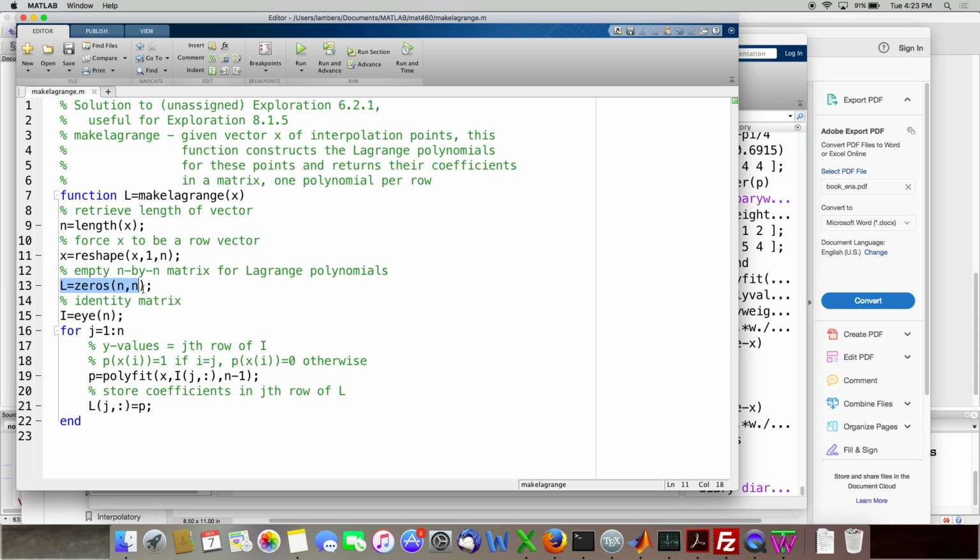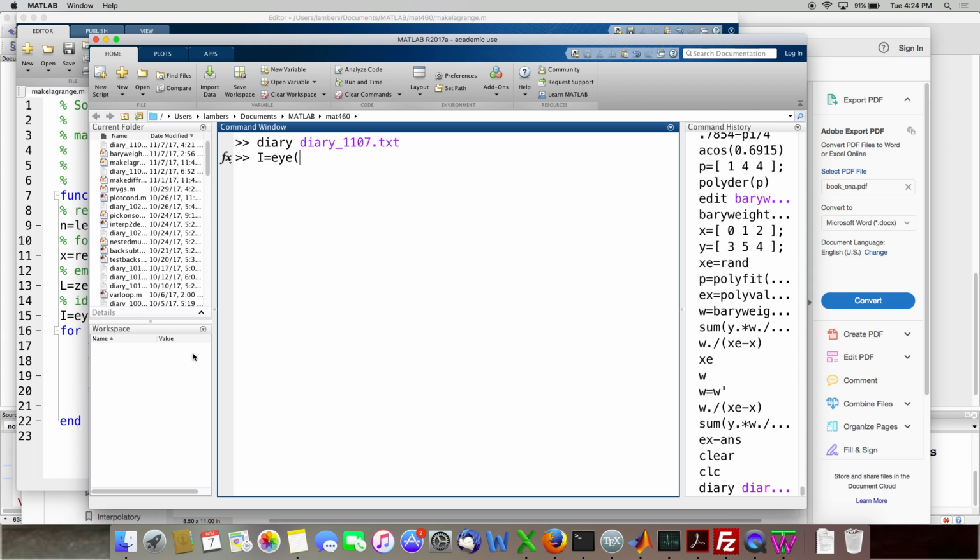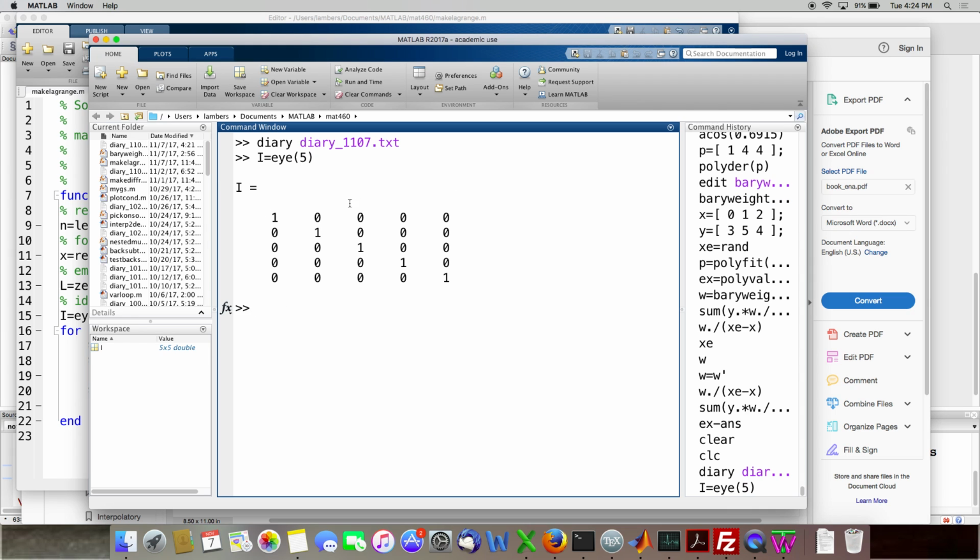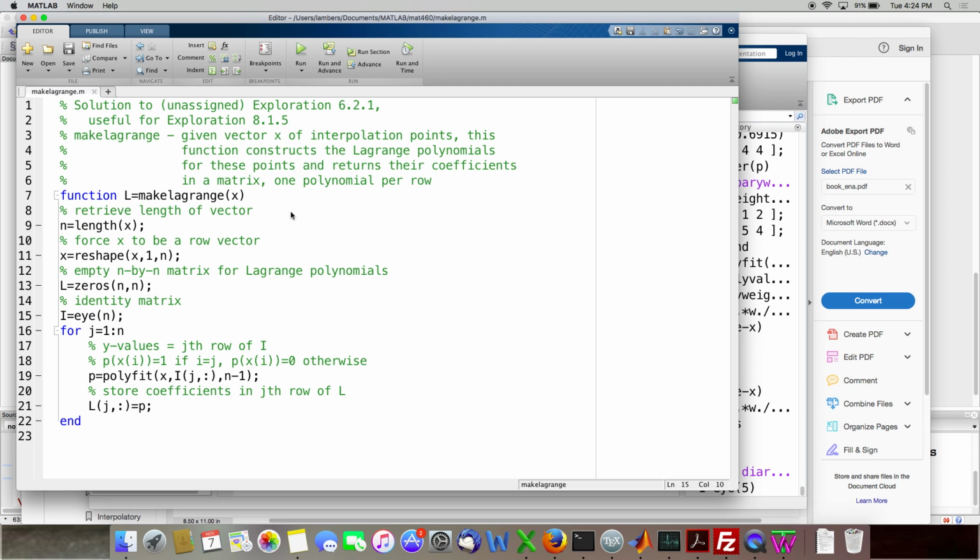And then I make a zero matrix, where I'm going to store the coefficients of Lagrange polynomials. So the space is there to put these things. And then I make an identity matrix. The reason I want an identity matrix is, what do we know about the Lagrange polynomials? What values do they have at the given interpolation points? 1 or 0. More specifically, there's 0 at all of the points except one of them, where it's equal to 1. Well, that's what the identity matrix is like. If I make a 5 by 5 identity matrix, for instance, each row has all zeros except for one of them equal to 1, and the ones go down a diagonal. So the identity matrix gives me the y values I need for my Lagrange polynomials,